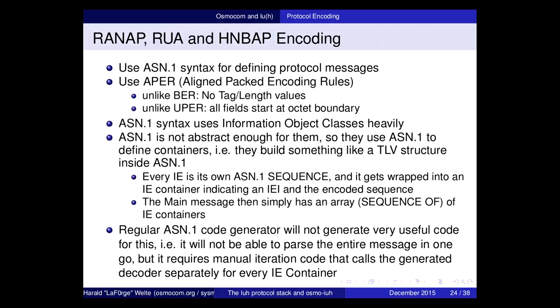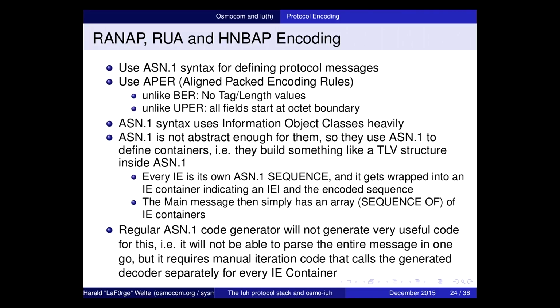Now, the next thing is that the way they use ASN1 in these protocol specs, ASN1 being the abstract syntax notation, is not abstract enough. They need to have another abstraction layer. So they use ASN1 to describe containers. Containers for information elements, containers for messages, containers for lists of information elements, and containers for pairs of information elements. It's very important. You cannot just have a list of two. No, you need a pair that says, this is a pair of two information elements. Not sure why, but somebody probably had their reasons for doing so.